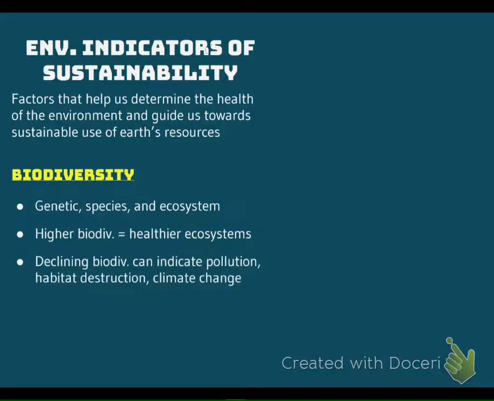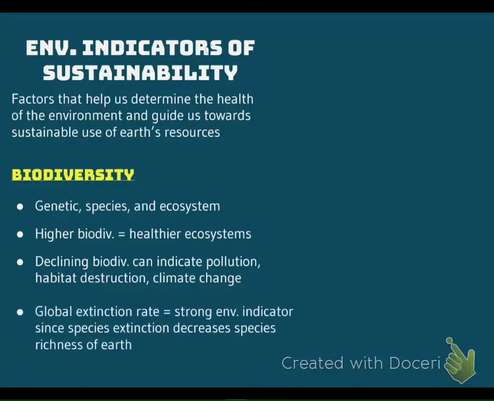If the biodiversity decreases, it can indicate there's too much pollution, or we're destroying too much of their land. Climate is changing the temperature, so if the temperature rises too much, trees cannot move farther north, so they die. Global extinction rate is a strong environmental indicator since species extinction decreases the species richness of